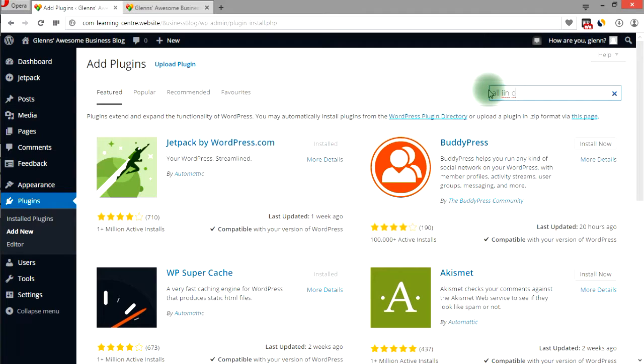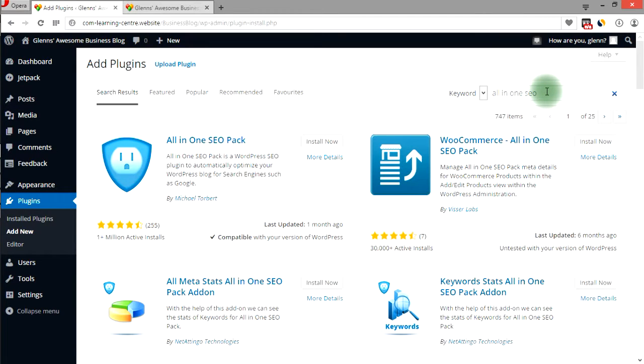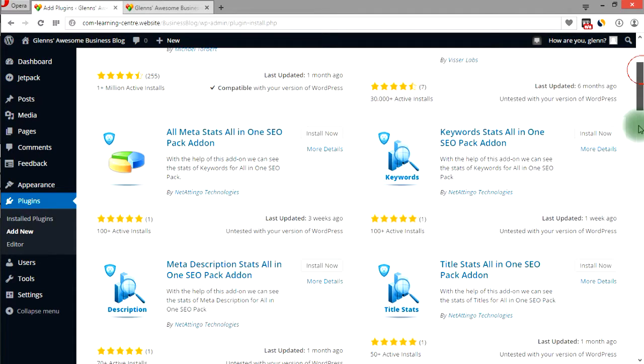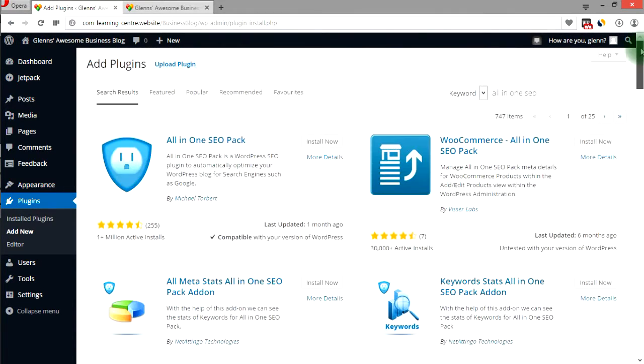So in the box there you type in all-in-one SEO, hit the return key, and it will then give you a listing of all the plugins that match that, just like a search in Google. So obviously the one that matches the best will be at the top, and one that matches not so good would be further down. The one we're interested in is this one here,